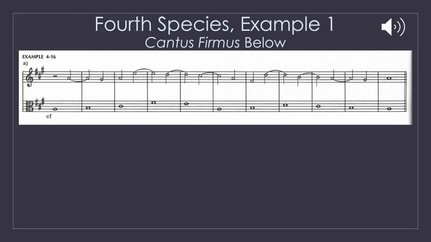A, B, G sharp, C sharp, F sharp, E, C sharp, A, F sharp, D, C sharp, B, G sharp,